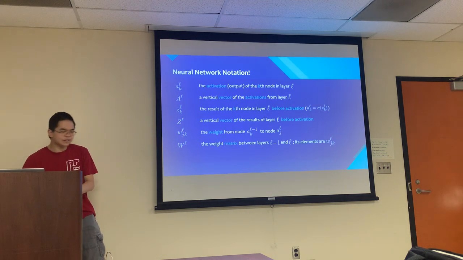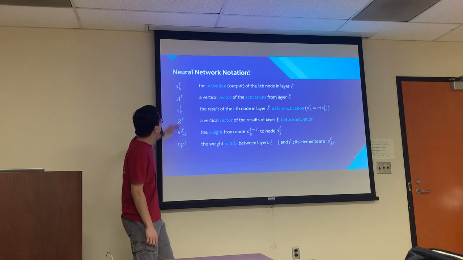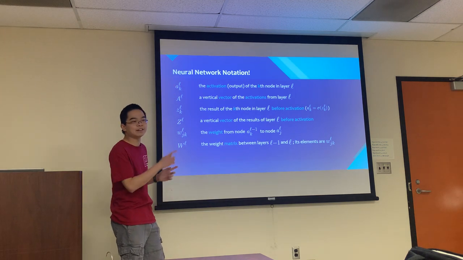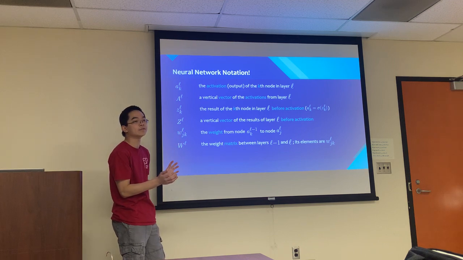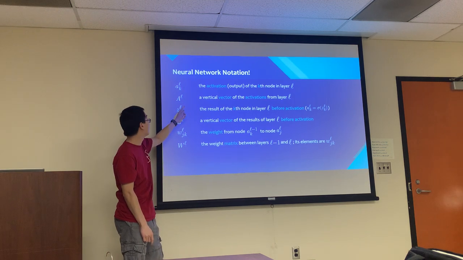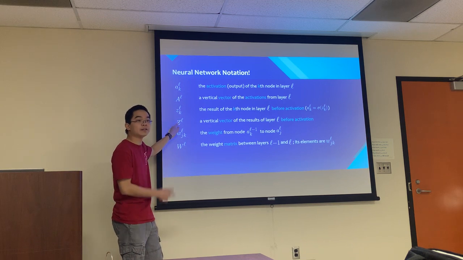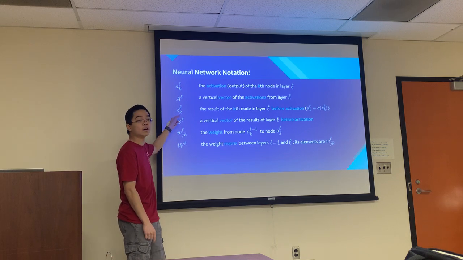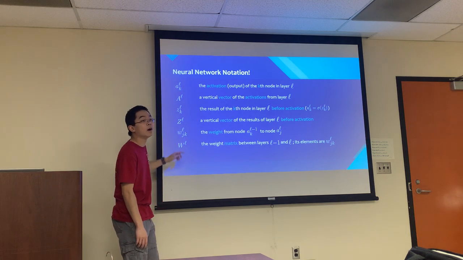So here's some notation. It might get a little ugly, and we'll come back to this slide. Basically, what the notation is saying is that anything whose main letter is A refers to the output of the neuron after it's gone through the activation function. Any superscripts refer to what layer it is in. I'll go into detail about this more later. The Z is what we were talking about earlier. This is the result of the affine function. This is basically the output before going through the activation function. These are all vectors, by the way.